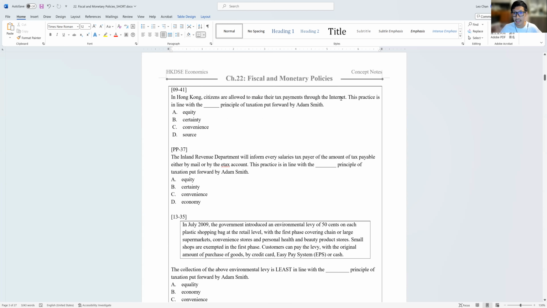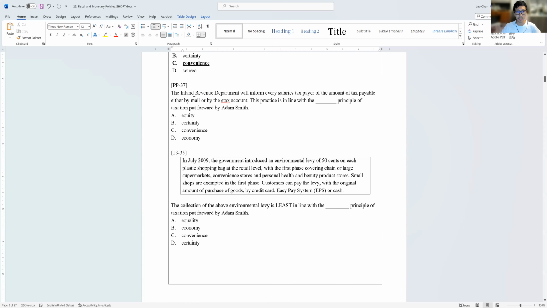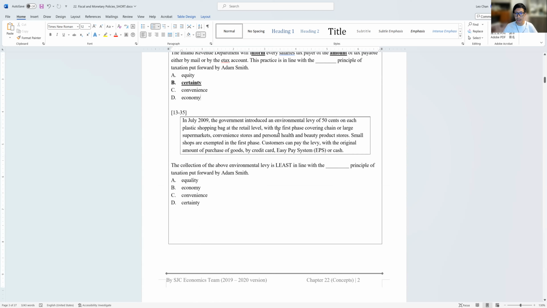好，next one。Next one, 好啦，Hong Kong citizens are allowed to make their tax payments through the internet。嗱，頭先一講到 internet 即係咩意思啊？上網大家都知㗎啦。Very convenient. You can do that even during lesson 係咪啊？有啲人應該笑緊啦，係咪上緊？阿 Sir，我上緊堂都喺度做緊㗎啦，係咪啊？So very easy to do it. Convenience, OK, 好嘛？好，跟住 practice paper。Inland Revenue Department 我哋嘅稅局啦，係咪啊？Will inform every taxpayer the amount。你見到啦，有呢啲字咩 amount 啊，inform 啊，咁即係講緊邊個啊？Either by mail or by e-tax account 是第一個啦。This principle 好啦，你已經知道晒啦，即係咩意思啊？Certainty 咯，係嘛？Certainty 咯，OK, 好嘛？